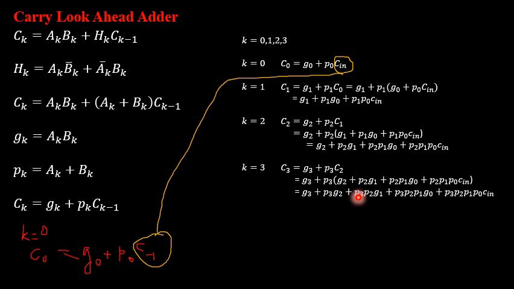Further expand the equation. So considering the values inside the brackets, if I expand the equation, I will be obtaining the value of the carry output C3 as equal to G3 plus P3 G2 plus P3 P2 G1 plus P3 P2 P1 G0 plus P3 P2 P1 P0 Cin. So these are the equations which we will be obtaining for the distinct carry outputs starting from C0, C1, C2 till C3 in terms of generate signal as well as propagate signal. Here I have replaced the values of A and B in terms of the generate signal G as well as the propagate signal P.